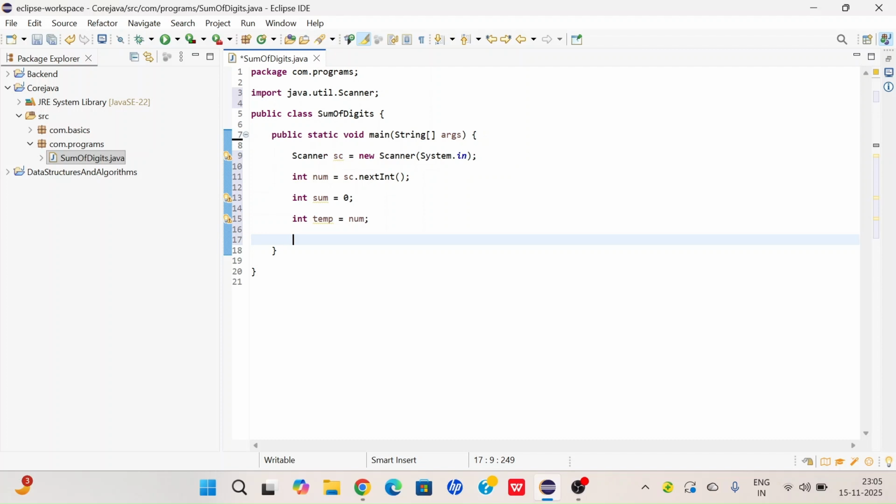Now we'll use a while loop. Inside the loop, we'll extract the last digit using this while loop. Now we'll write while temp not equals to 0. If it is not 0, go inside,